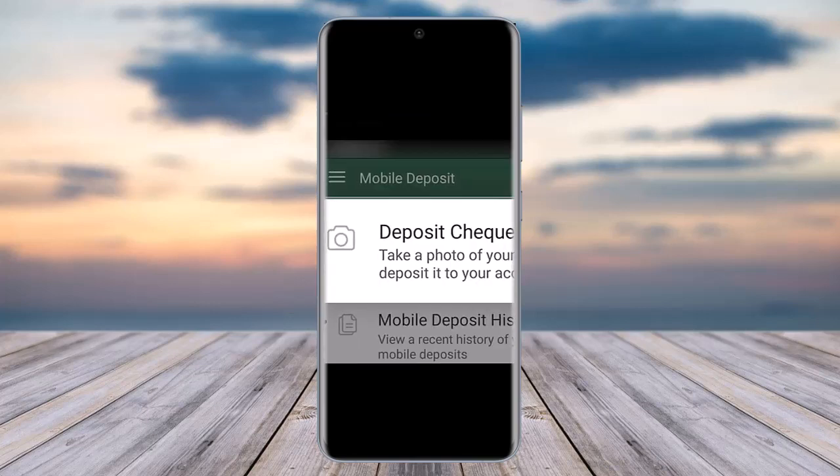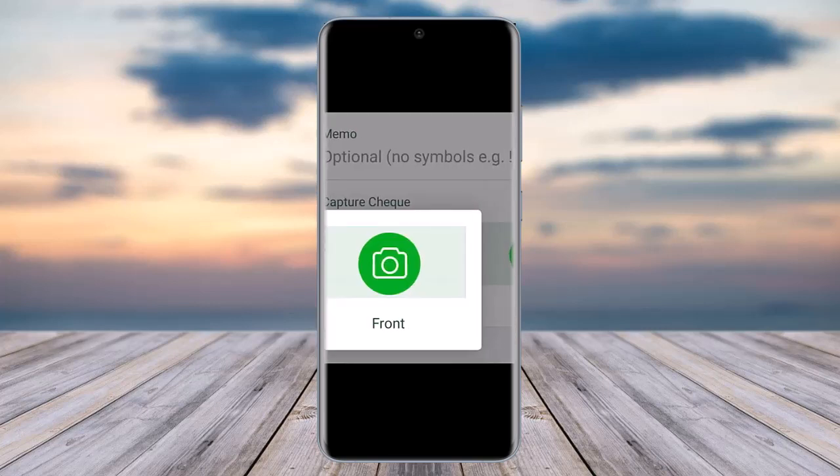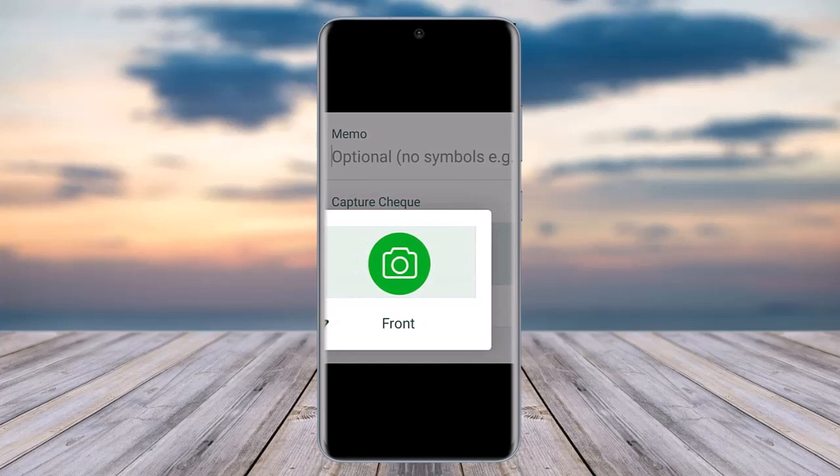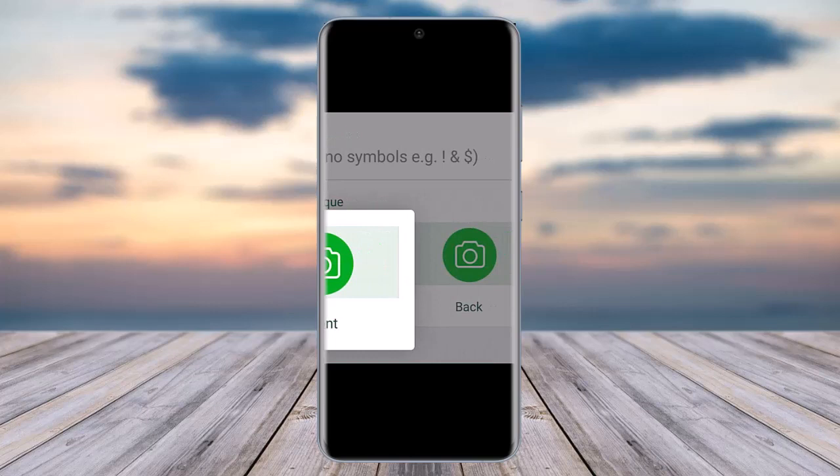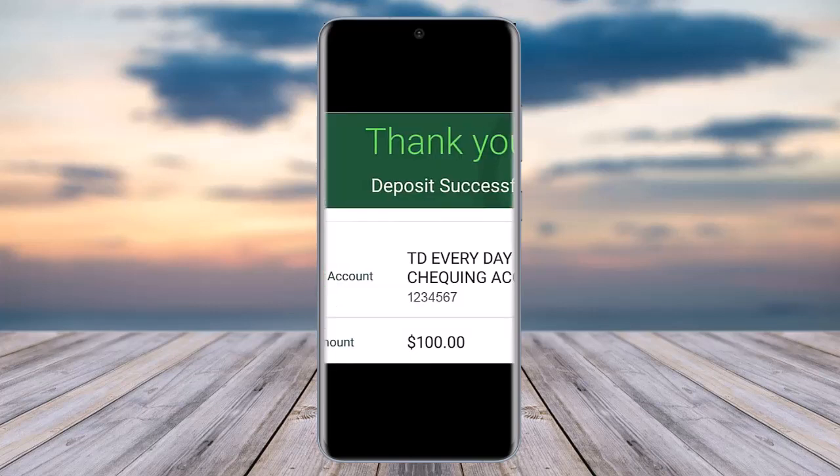Then finally you will be able to access this particular option called deposit check on top. It will simply ask you to enter the amount on top, which is optional as well. It will simply ask you to enter the picture, which will be the check's front, over here. Simply tap on it, enter the front picture, simply go ahead, tap on this back option and click the back picture of it. Once you have done accordingly and followed the prompts shown by the TD Bank itself,